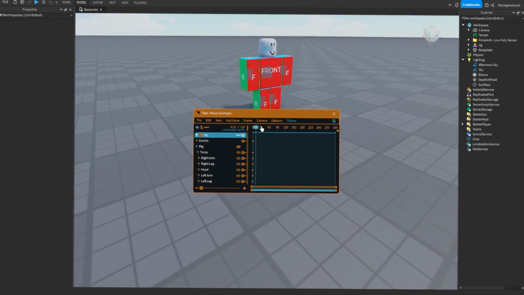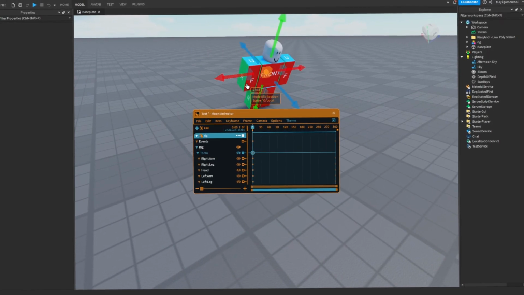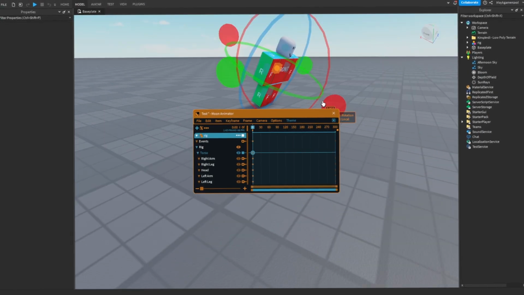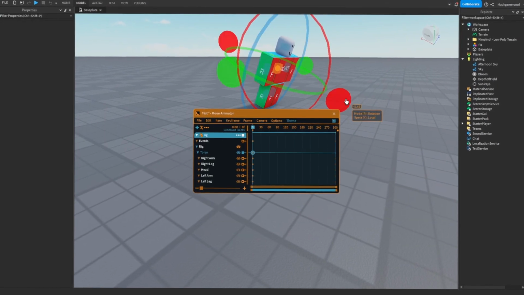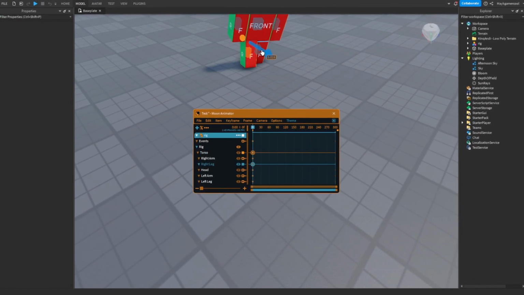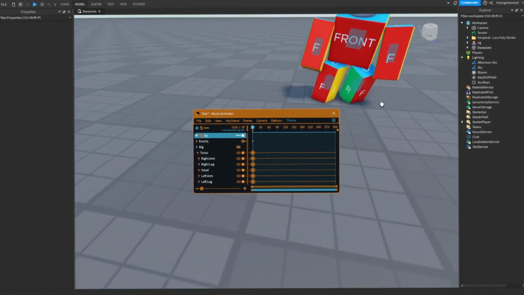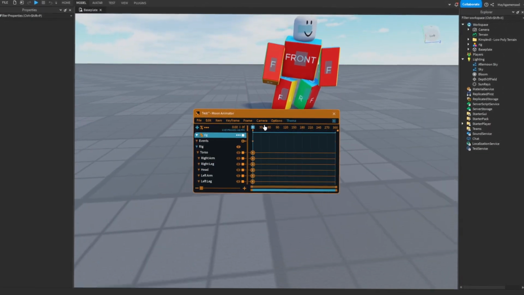So first, you can move your animation rig like this. You press R to change the mode to move it. As an example, you can rotate it like this, create a cool pose at the beginning. Just like this. Here you have your main pose. Let's say this is your pose. You can